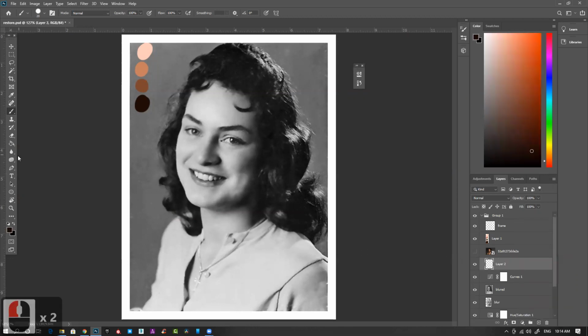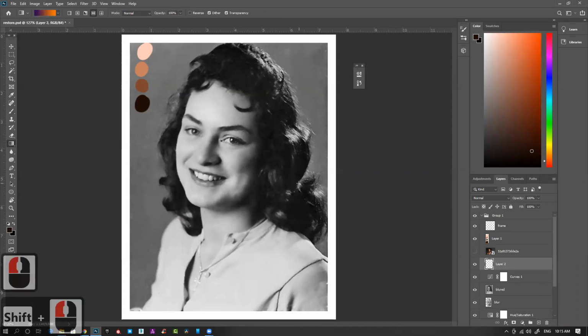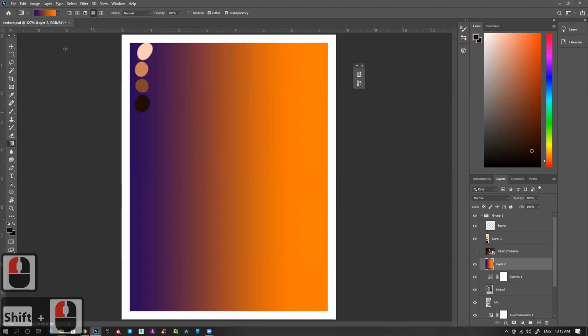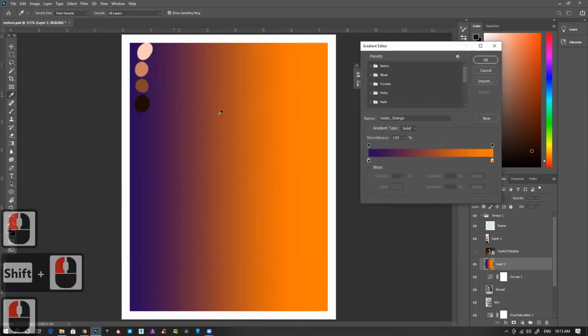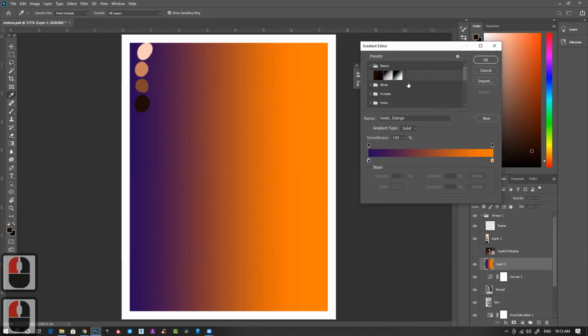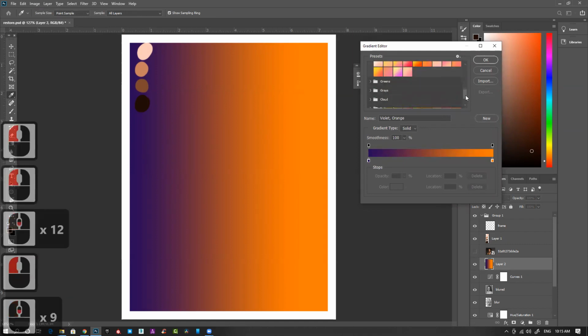Let's create an empty layer and let's go to color. This is the fill paint bucket, and the first option is the gradient tool. If you click this, it creates a gradient. If you click on this color, you can see there are a lot of presets already available.